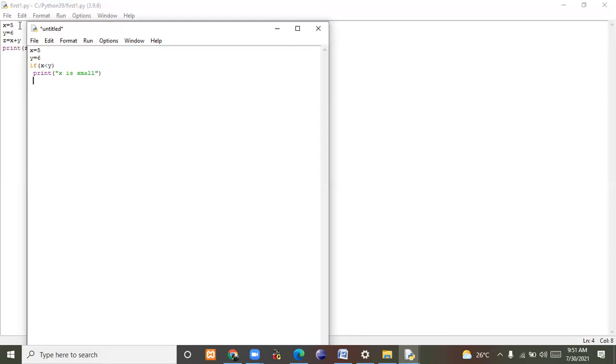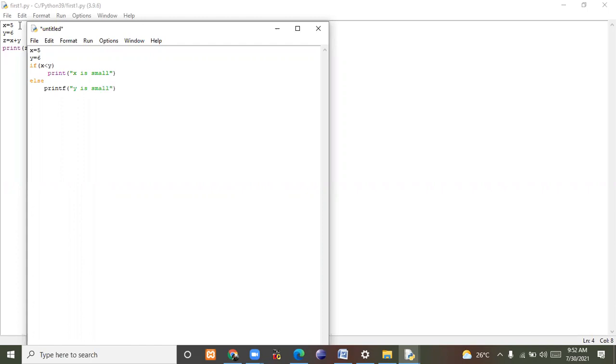After that else, and again print y is small.